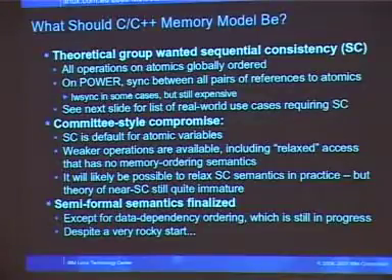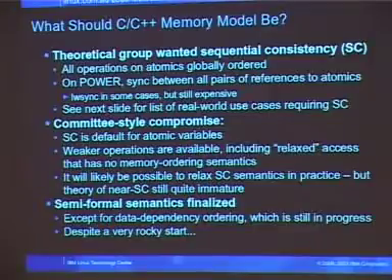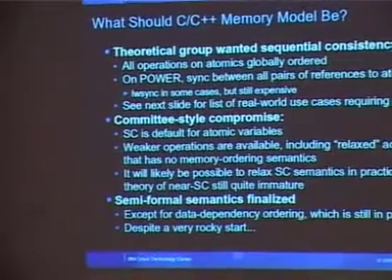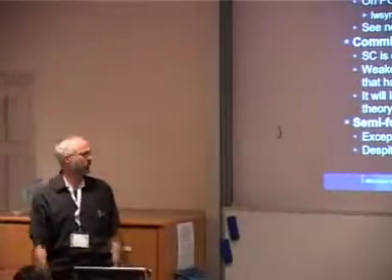I think that's better documentation anyway. Now, it may be possible to relax that in practice, but the theory of not quite as sequentially consistent but still useful things is very immature, and we weren't able to get things together in time to meet the standards deadlines. We did come up with some semi-formal semantics for these weaker things, except for data-oriented dependency, which is still in progress. In fact, we were exchanging email about that this morning, and we had a little bit of fun getting that started, namely the bit about McKenney, what are you doing trying to drive RCU stuff and patents into the standard?